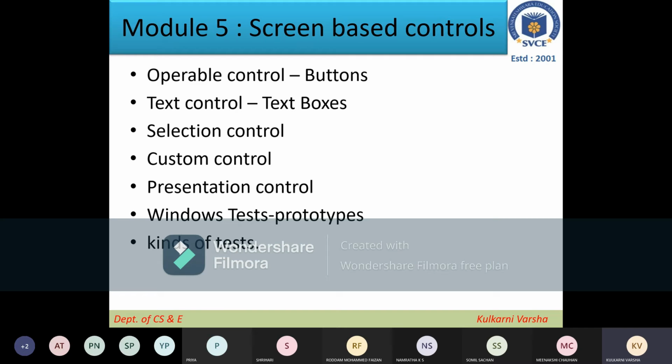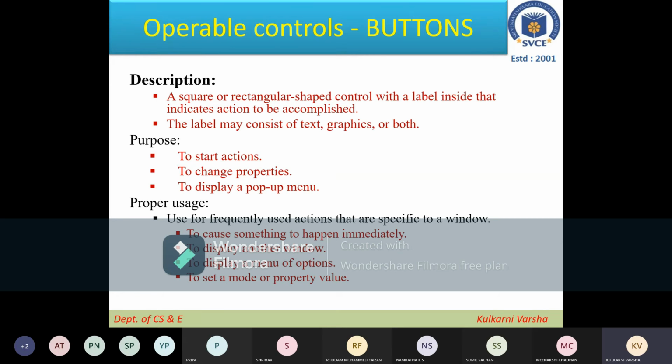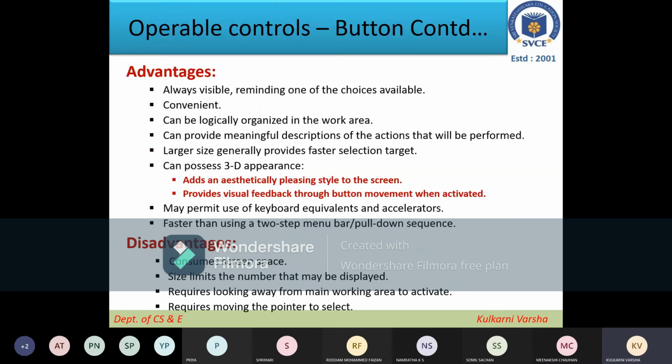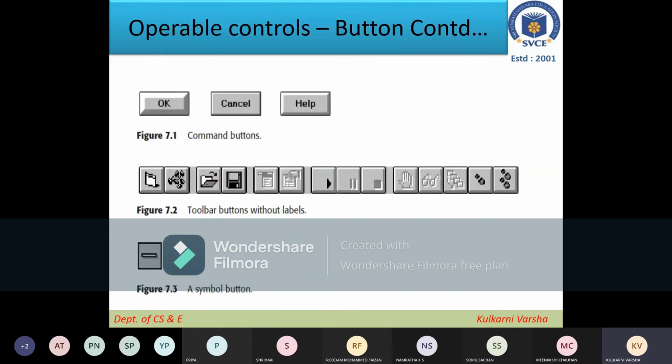In the operable controls, we'll be checking with the buttons. So yesterday we started with what is the purpose, advantages, disadvantages, and some types of buttons. So here we have seen the command buttons. Then we have buttons which are on the menu bar, which we call